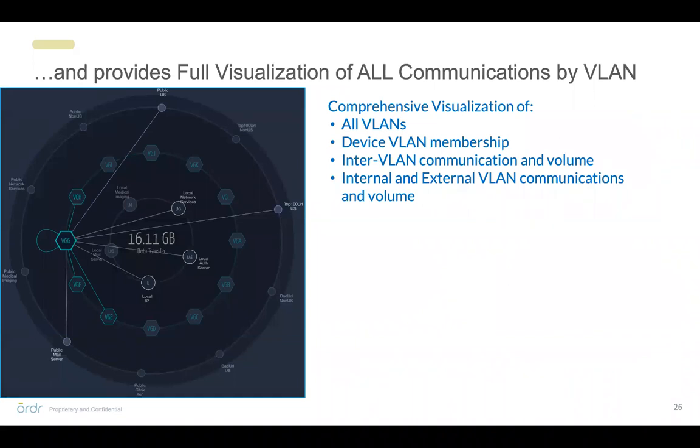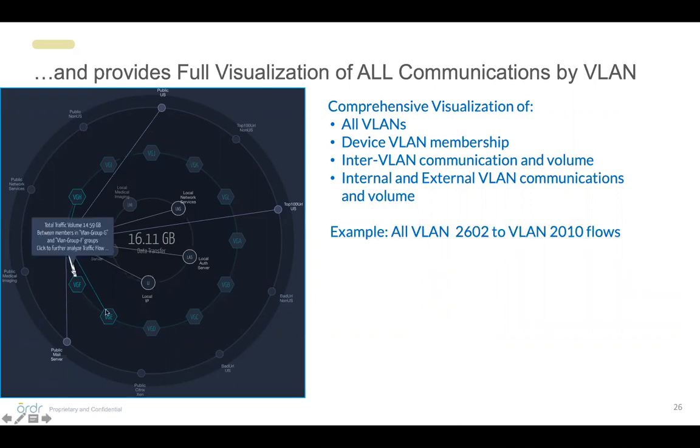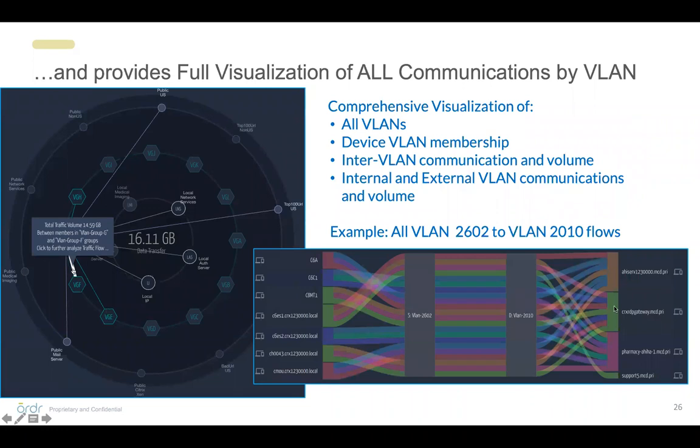And again, providing that same ability to quickly visualize the communications between, say, a given VLAN and other groups, internal and external to your network, or across VLANs in the system. And again, just a simple click of a connector and you're able to see and visualize all those communications.